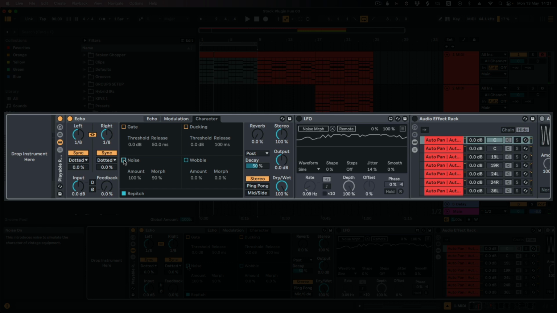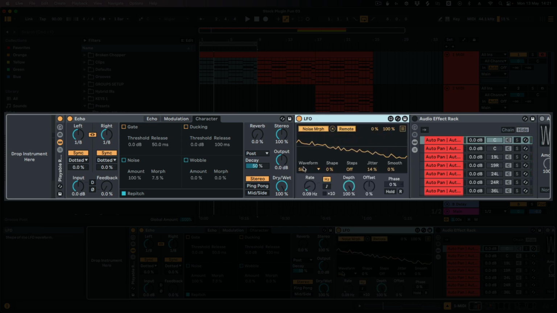Now at the moment that noise just sounds a little bit boring and nothing's really happening with it. So what we can do is attach an LFO tool, and in this case I've just kept it as a simple sine wave. I've set the LFO to 0.09 Hz and set 14% worth of jitter, and then applied that to the noise morph in the echo. And when we listen to that combined,